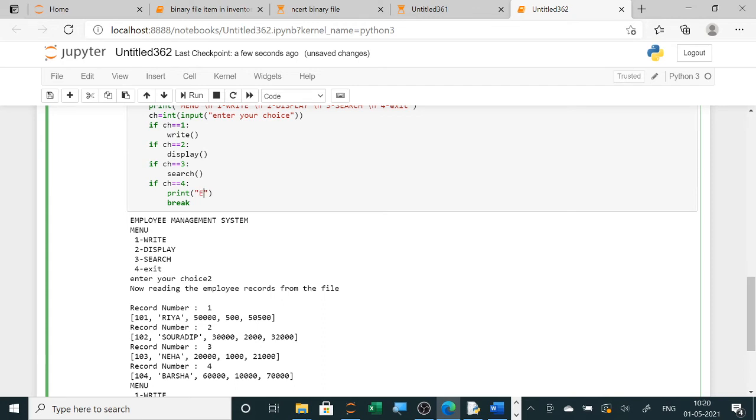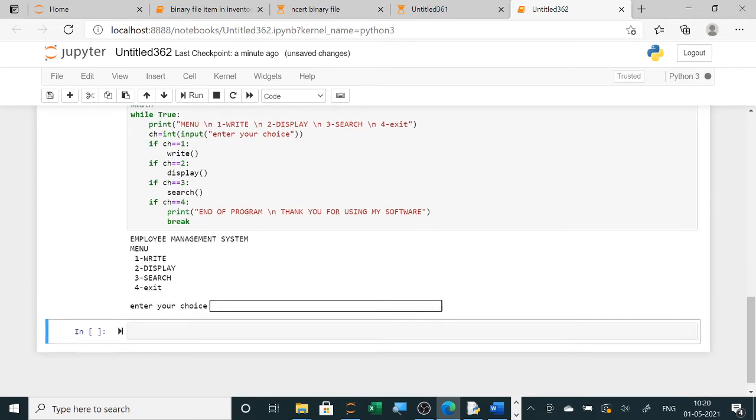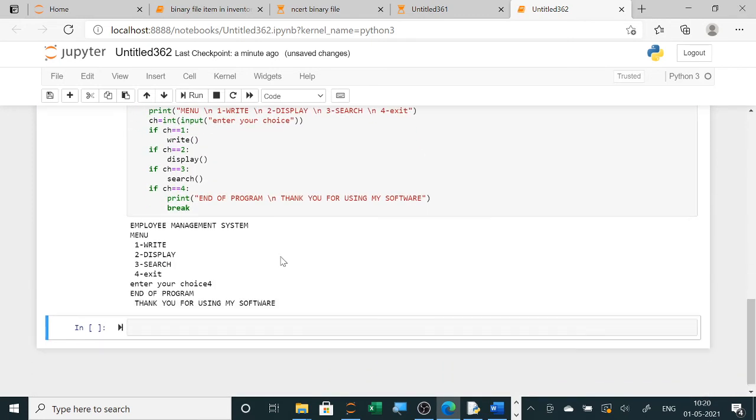You can write here end of program, or you can write \n new line, thank you for using my software. So now when you run it and enter 4, it will show end of program, thank you for using my software.